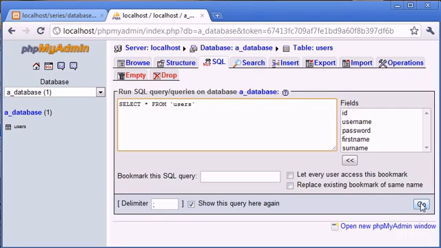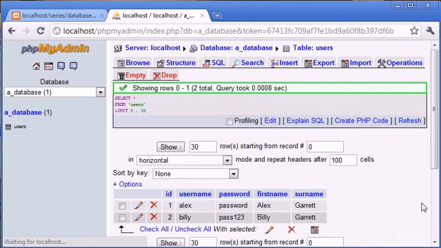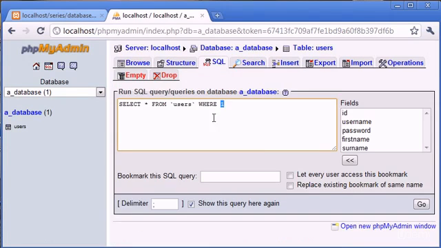So now I'm going to click go, and you can see that this is showing rows 0 to 1, and 2 total. The query took an amount of seconds, and it's shown our query here with this limit on the end, which I'll explain soon. But we've retrieved exactly the same data as if we were to click browse. So this SQL query for us at the moment is useless inside phpMyAdmin,